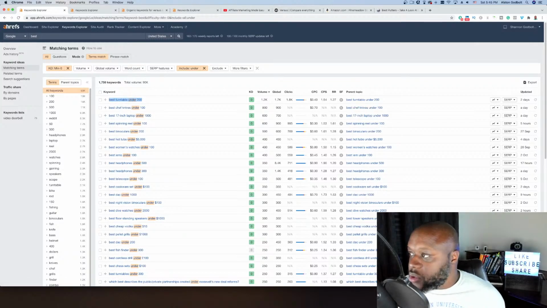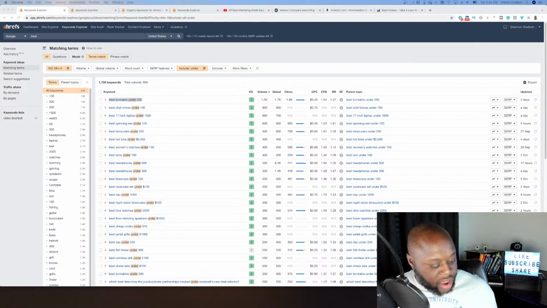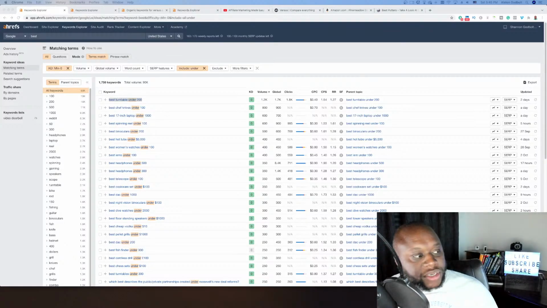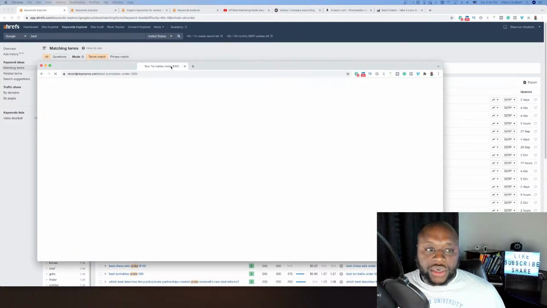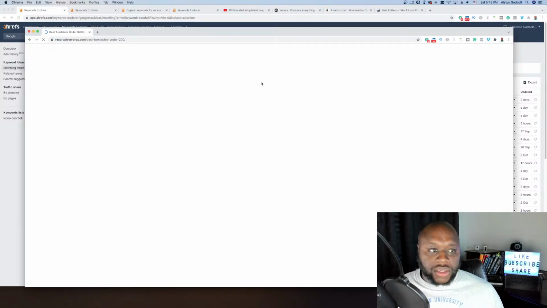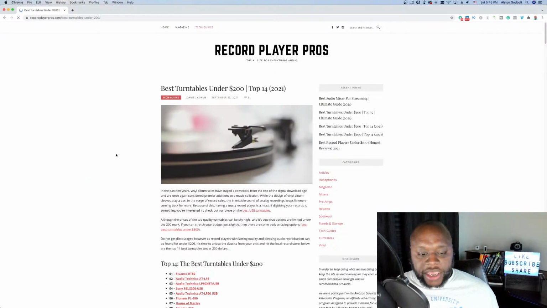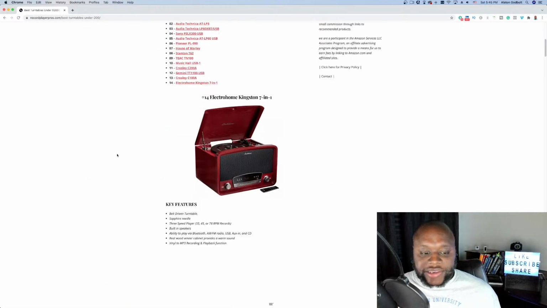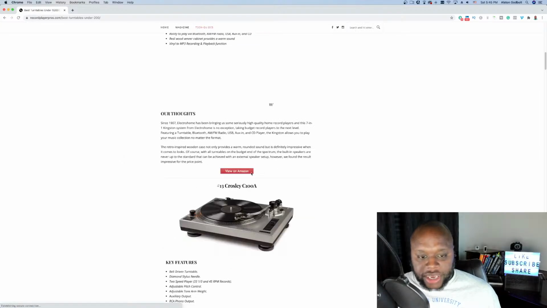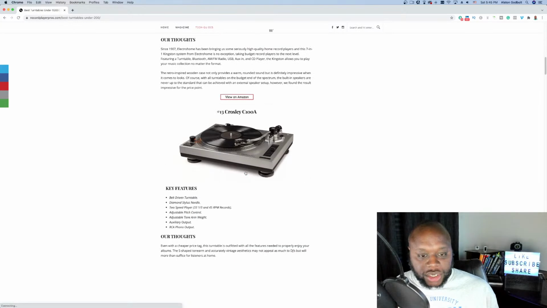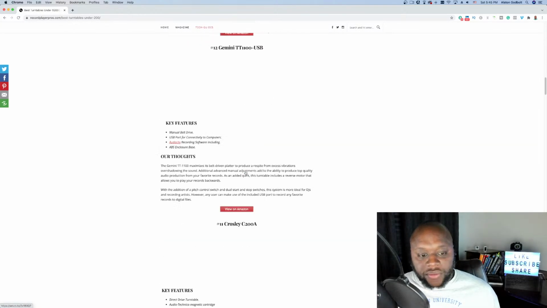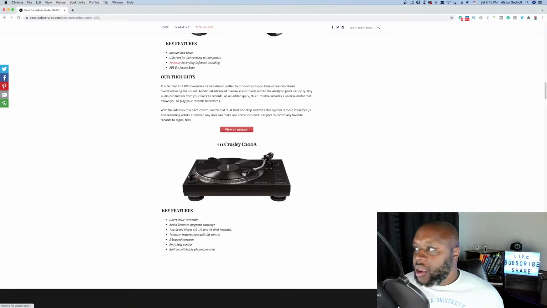And if I bring up this one, I like to open these up off screen in the event that I have an issue. So recordplayers.com, turntables. There's actually a website, it's like under100.com or something like that. That's just doing this. This is a website dedicated to turntables, and you can see this is exactly what they're doing. View on Amazon. This is an affiliate link. I know it's a link just by looking at it. If we scroll down, this person is simply comparing.